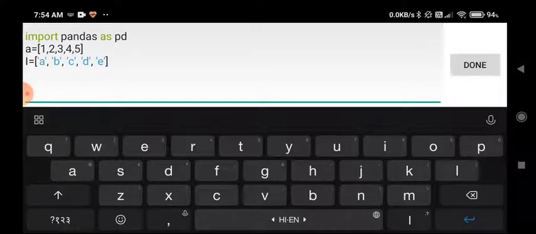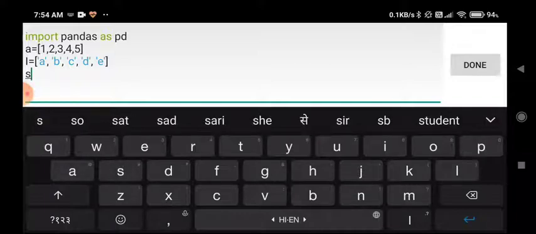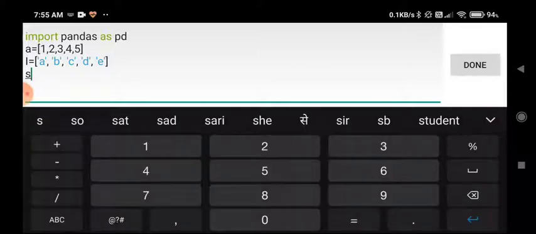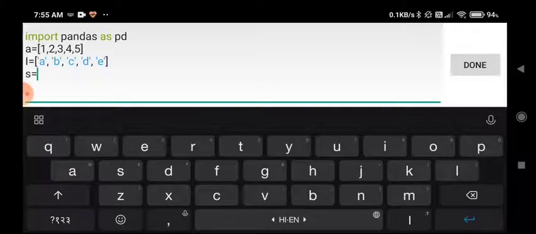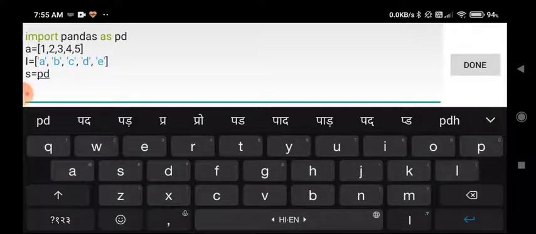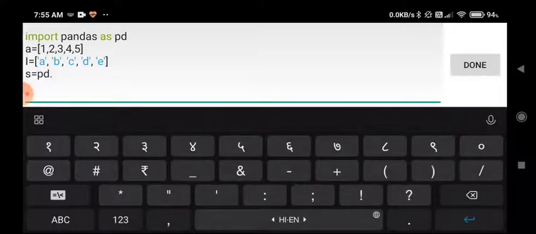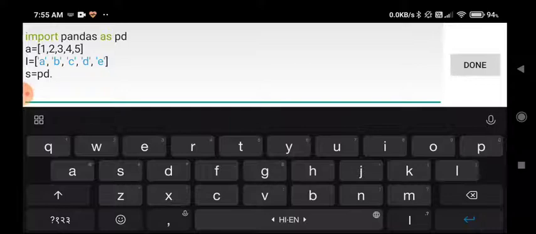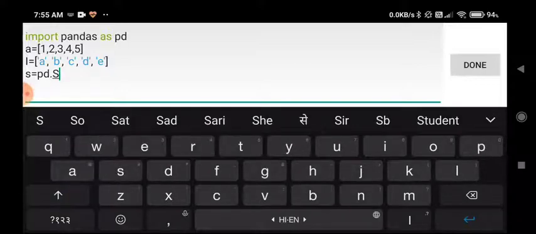Now to create a series, say s, I am writing s is equals to pd dot Series. The S of Series must be capital.